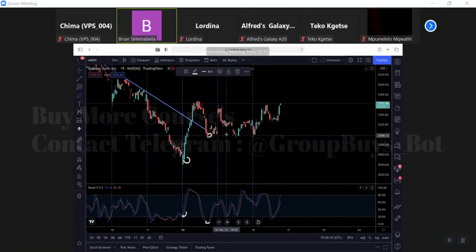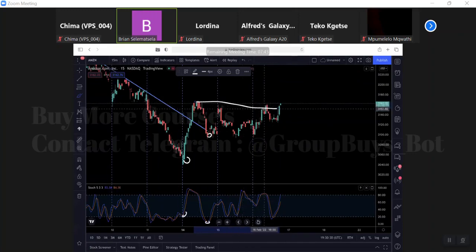Two days ago, you would have estimated this thing to at least come to this position or go above this position. Because we normally know that when we use divergence to enter this trade,